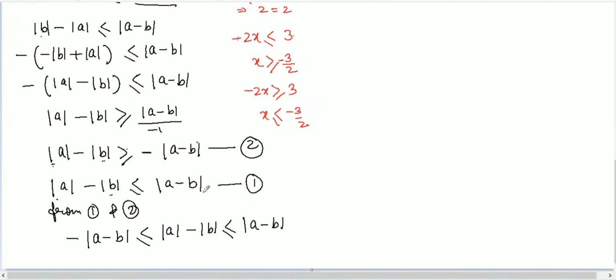We just compared both and combined this 1 and 2. Now if you see this result here, both sides are the same. If you understand the triangle inequality, you can understand this one: minus of c will be less than or equal to a, less than or equal to c. It implies that from the triangle inequality, the absolute value of a will be less than or equal to c. So from this triangle inequality, these are the properties of the absolute value of a real number.